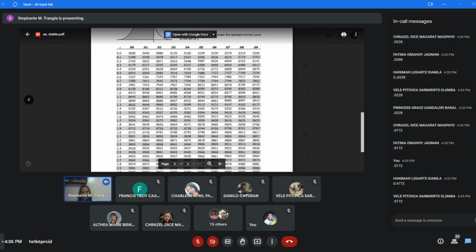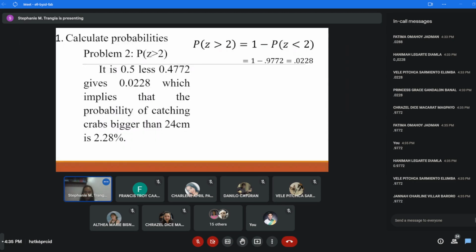It's 0.9772, right? Okay, very good. So, see what happens, class, when your area is greater than. If your area is lesser than, automatic you can find it in the table. But the problem is if it is greater than. If it is greater than, we need to use the concept of the normal distribution. Thus, we know that the total area